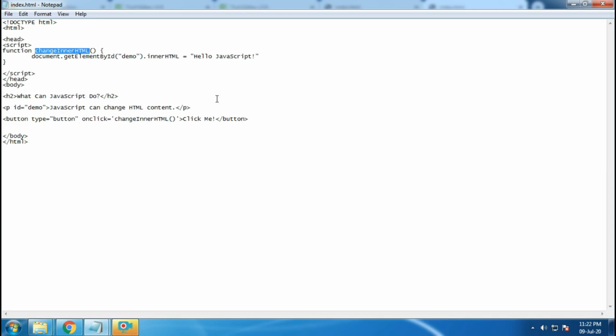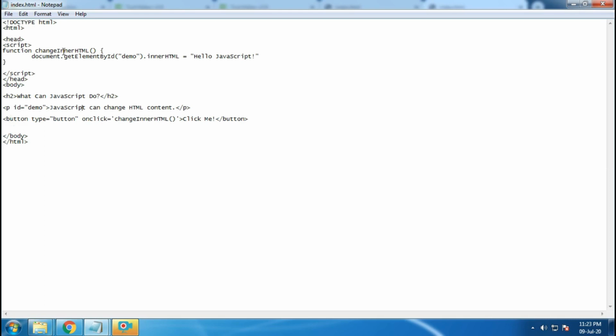By that time this p tag is already rendered in your web page. So that's why you still see the same effect which we did when adding it in the body tag.